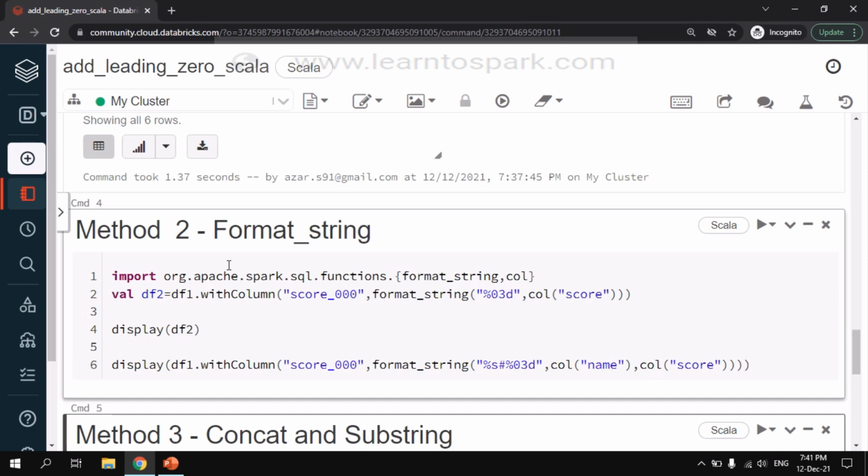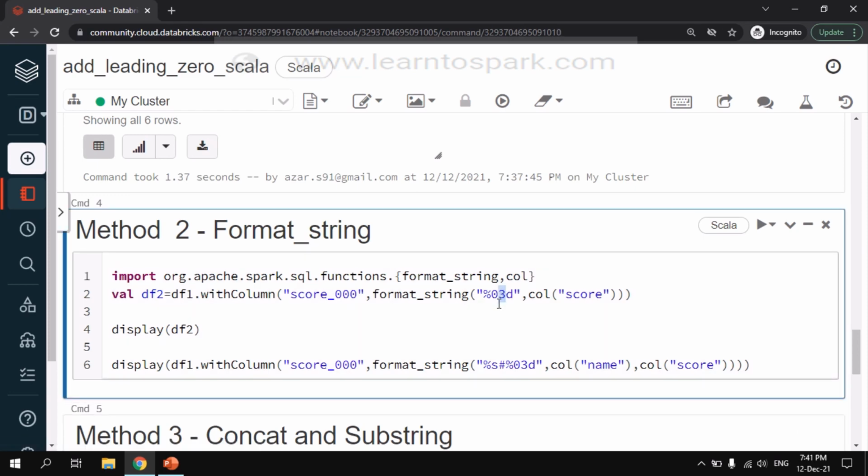In format string, the main thing is that we provide the output resultant format. We give the embedded type, either a percentage t or a percentage s. Here in our use case, since it is a digit, we are going to give it as a percentage d. What we are saying is that percentage d is a digit, we need to have 3 digits, and these 3 digits have to be filled in by 0. So that's what we are defining here by this embedded type using a format string.